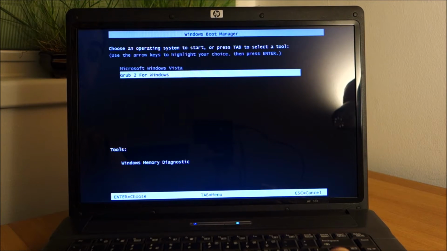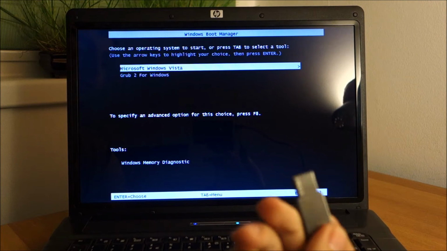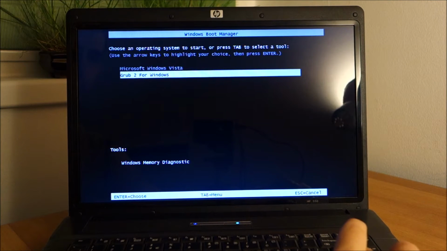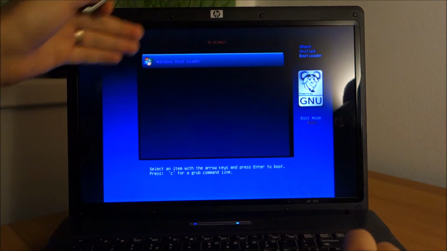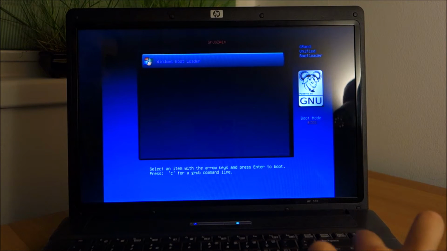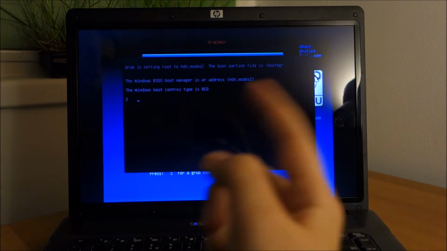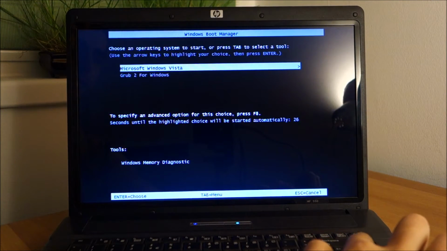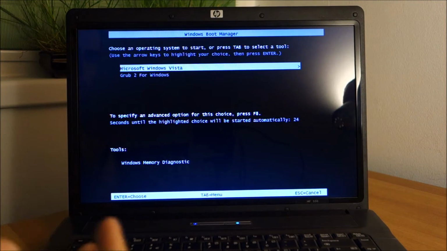So I've found a little program that I've put on this USB drive, and basically, yeah, I will boot it and see if it will fix. From what I find on forums, it should fix this problem. Let me show you what we actually want to see. We want to get into this screen. And when we click Windows, Windows should boot. Well, it's not booting, it's going exactly back to this one. And only when I enter on this, it will boot. So clearly they are the other way around. So let me just